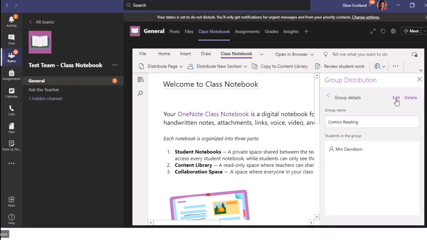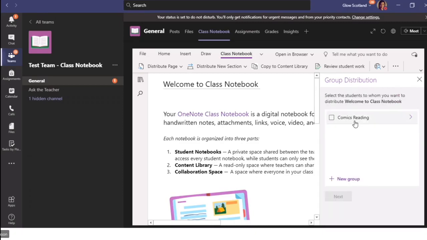If you've made a mistake, you can go in and edit who's in the group. If your groups are changed, you can go back and edit them, or you can delete the group altogether. So I've now got the comics reading group. And once you've created your groups here, you can then click, so this Welcome to Class Notebook page is the